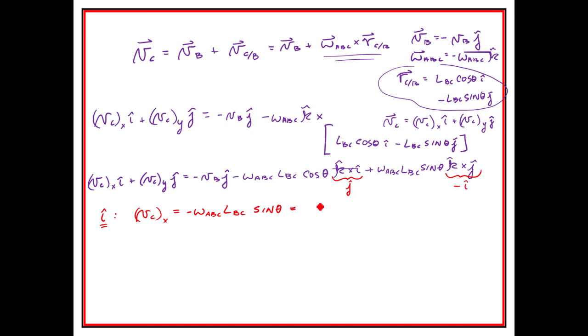So we could actually just plug those numbers in and say that we have 0.4138 that we were able to get from the first part of it, times 6, that's L_BC, times sine of 25, and we get a negative 1.049 feet per second. And in the J direction,